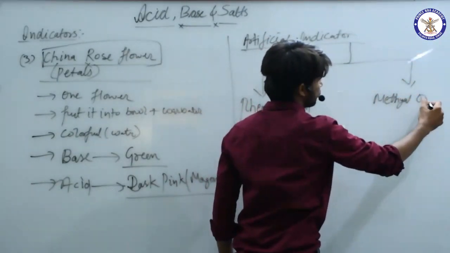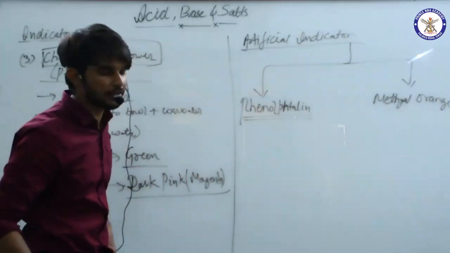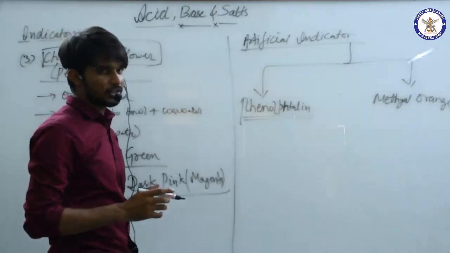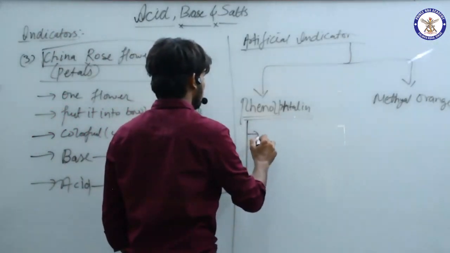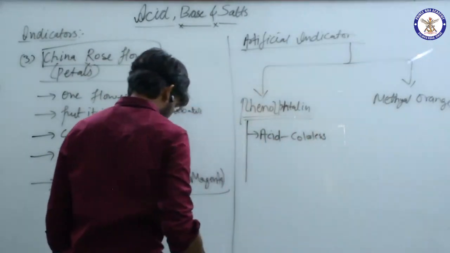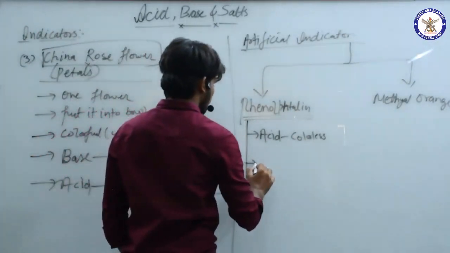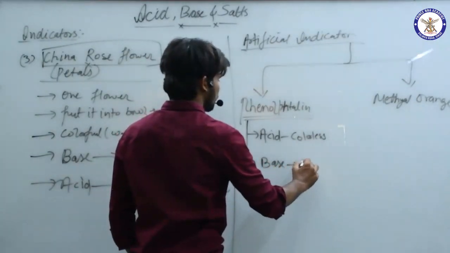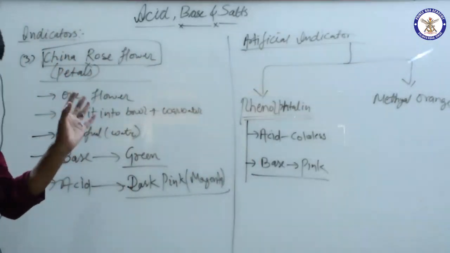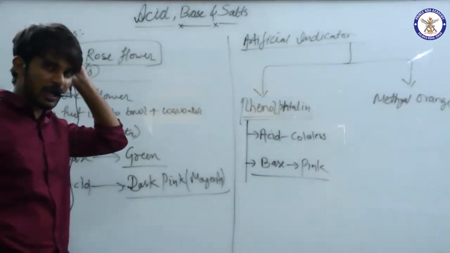This you have done in your class 11th, and the practical was known as titration. When I started this chapter, I wrote the properties of acid and base: in acid, phenolphthalein becomes colorless, and in case of base, it becomes pink. Fine. Just these two terms we need to know. We don't have to go much deeper in that. We just need to understand, because this is something that will be asked in my exam.